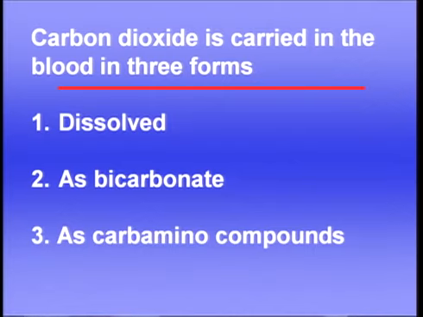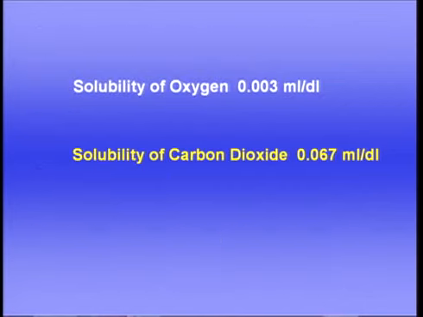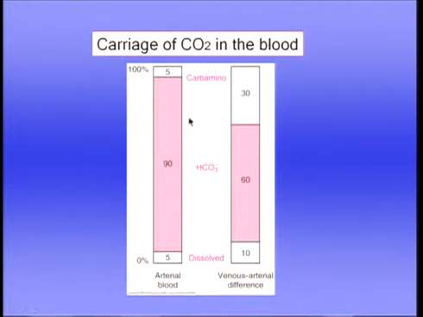It turns out that the solubility of carbon dioxide in blood is substantially greater than that of oxygen. We saw that the solubility of oxygen was only 0.003 mL per deciliter. The solubility of carbon dioxide is about 0.067. That's about 24 times greater than the solubility of oxygen. And it turns out that as a result, in the carriage of carbon dioxide in the blood, the dissolved carbon dioxide